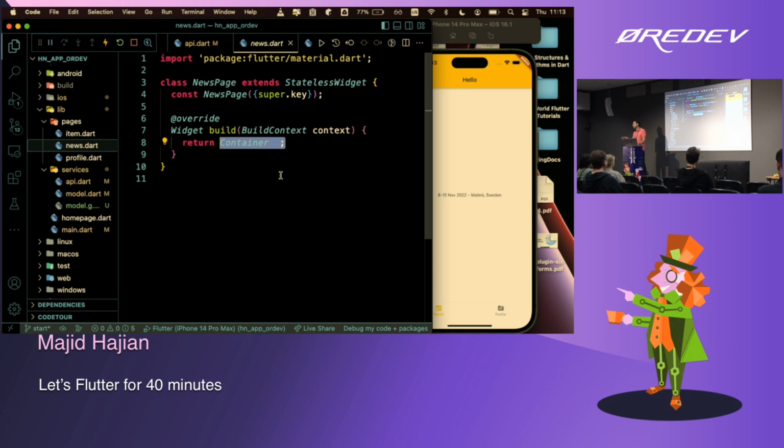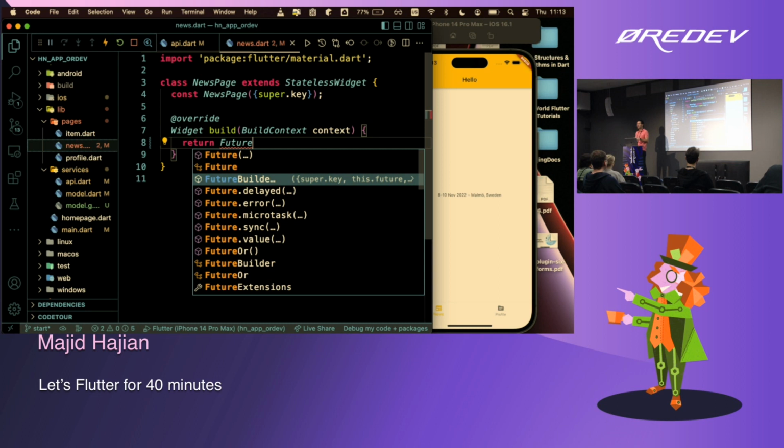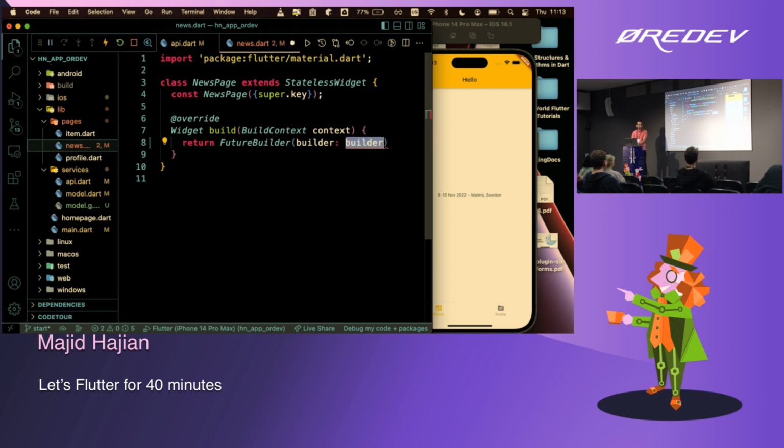The simplest solution that you can start with, and it comes with Flutter itself, is using something called FutureBuilder. Future in Dart means promise. So it's something that is coming asynchronously, later. So I'm just going to use FutureBuilder.